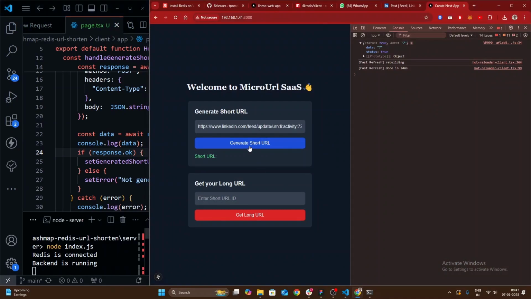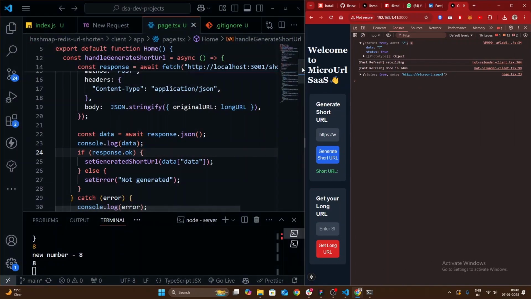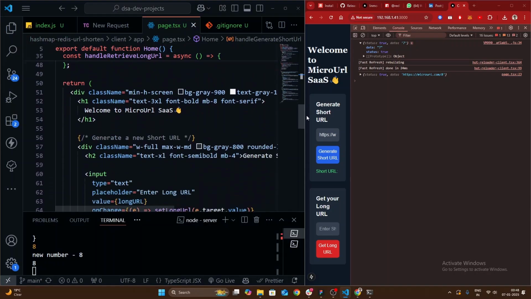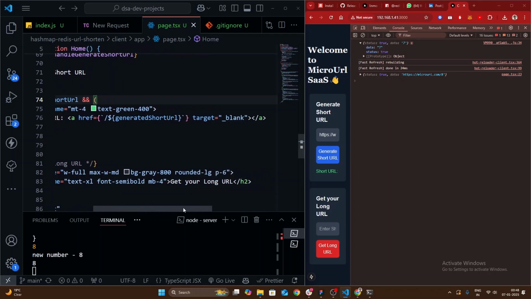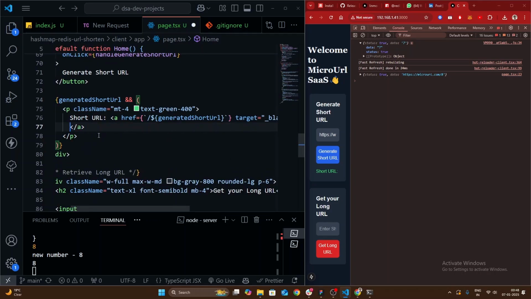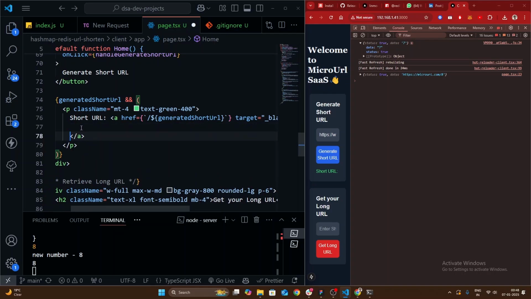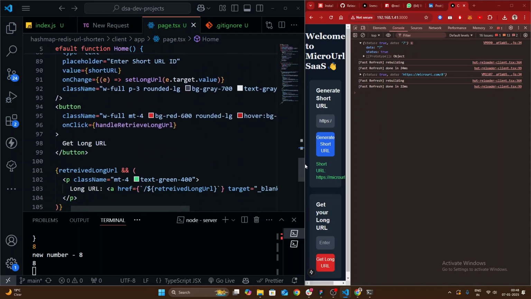Now if I hit generate short URL, okay, I'm getting the data, but I'm not able to see my short URL over here. I think this is a design issue. So if I scroll down over here, generated short URL. Okay, so this is valid. Generated your short URL / this. Okay, oops, I did not write anything over here. So this should be generated short URL. Yes, this is right. Now similarly over here,